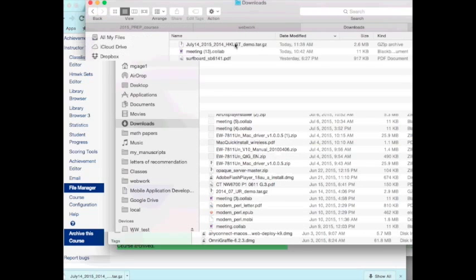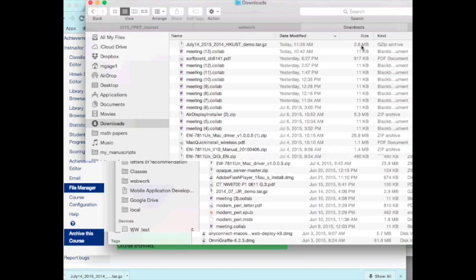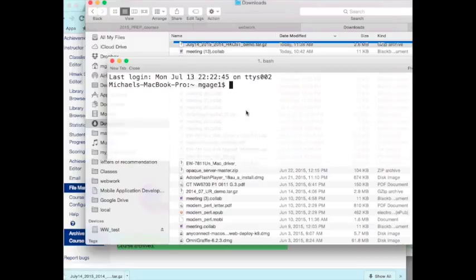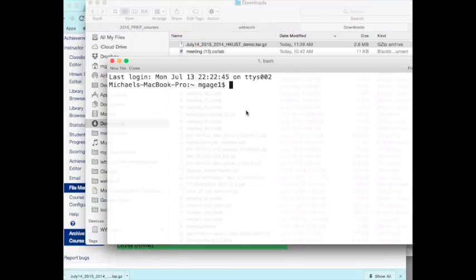And they have to take this file, which is sizable, 2.6 megabytes, and email it to you or put it on a site where you can pick it up or something like that. And then what you do is you have to use FTP or something like that to, let's see, which